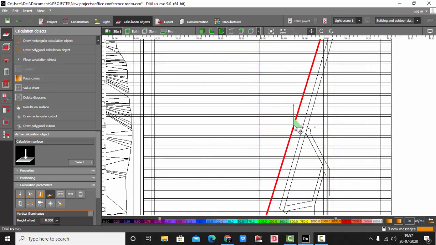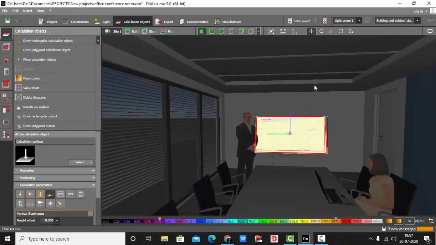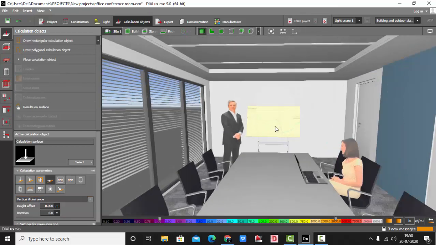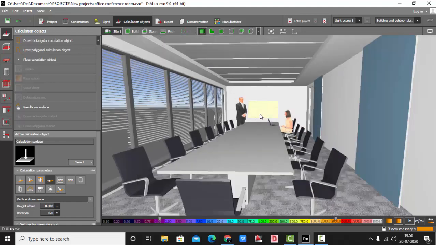Make sure your calculation object is placed properly on the object like this. You can check here. So I have placed my calculation object and adjusted it properly. You can see the calculation object appearing slight yellow in color.